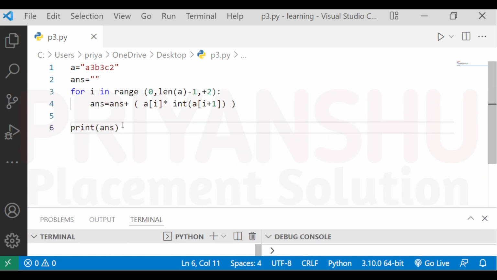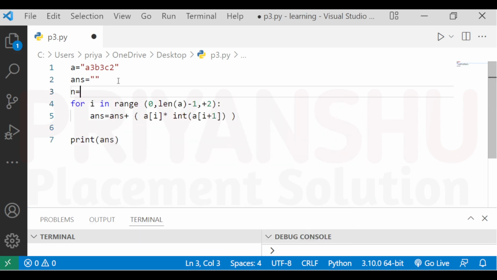Then after that, what we need to do, as I already told, is take a condition. So before taking the condition we have n equal to 5. And in your main exam, you write n equal to input 2, and here you need to write a equal to input 1. Clear?